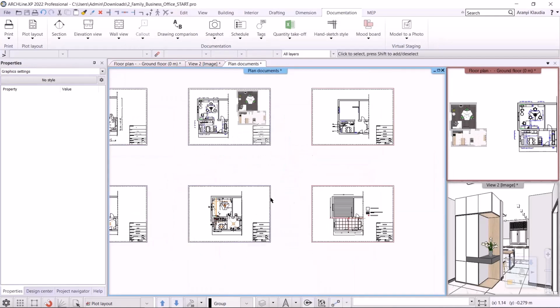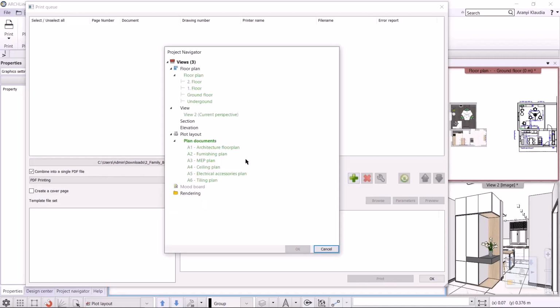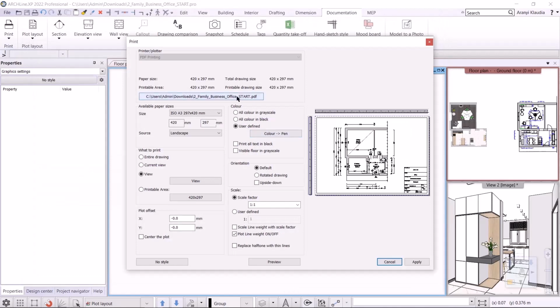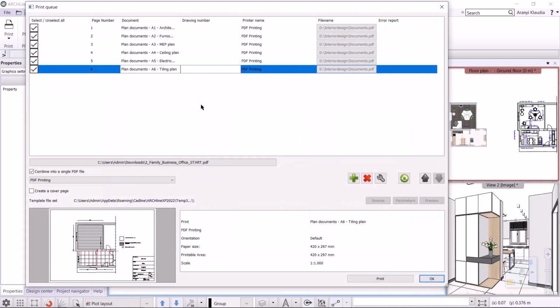Finally, I create a merged PDF using the documentation print queue command. By clicking on the plus button, I can insert another page in the print queue. This will be the planned documents print sheet I created. So that's what I'm going to insert here. In this case, we need to set the properties of one of the plan sheets. I set the size to A3, choose landscape format, set the aspect ratio to 1:1 and center the plot. I click on the Apply button and the program will automatically set the other plan sheets based on these settings